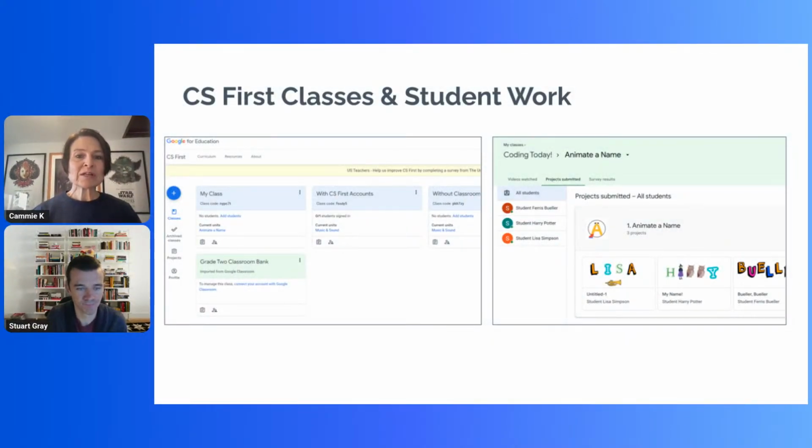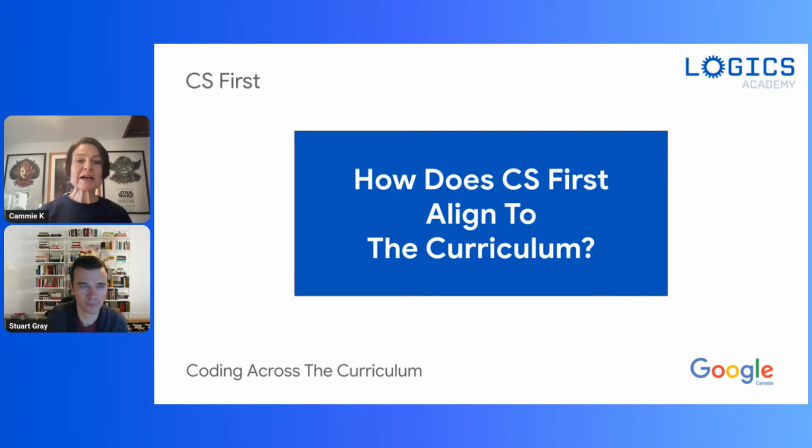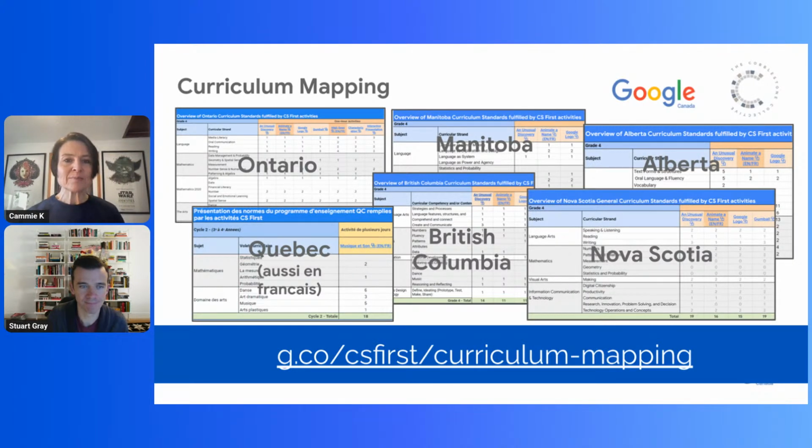Okay, so we looked at CSFirst and classwork. Now, we talked about how it aligns to the curriculum. And so Michelle, I thought in the chat, said that we have for all provinces. So we have at least 6 that are on here as well. So these are the ways that the materials are mapping onto your curriculums. I think the Alberta curriculum, for example, where I am, K-6 is 4-6 because that's where our new curriculum comes from. But math, science, language arts, the different provinces are each done a little differently, but